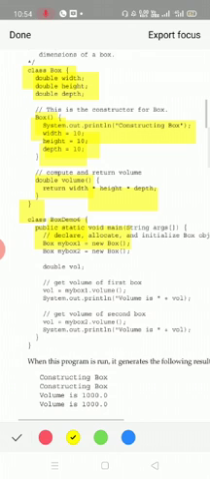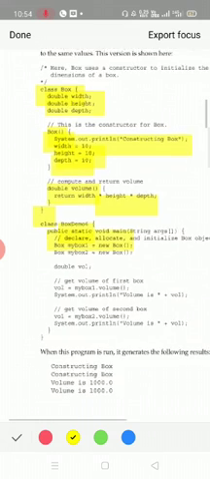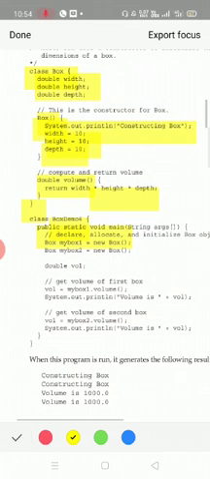Let's quickly revise. While executing the program, go to the terminal and type the command javac boxDemo6.java for compilation. If there are any errors, it will display the error messages as well as the line number, and you have to correct them. If there is no error, then to execute the bytecode and check the output, type java followed by the name of the file, that is boxDemo6, with no extension required. Public static void main: why it is public and why it is static, we have discussed in the previous session. Watch my previous videos for that.